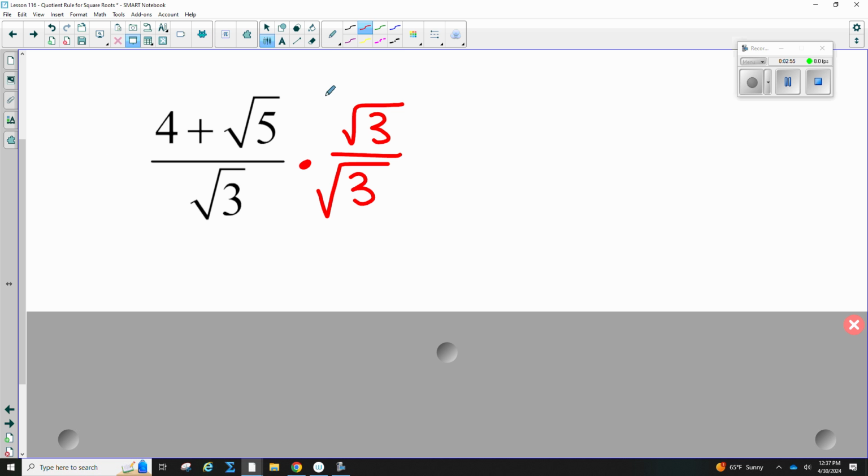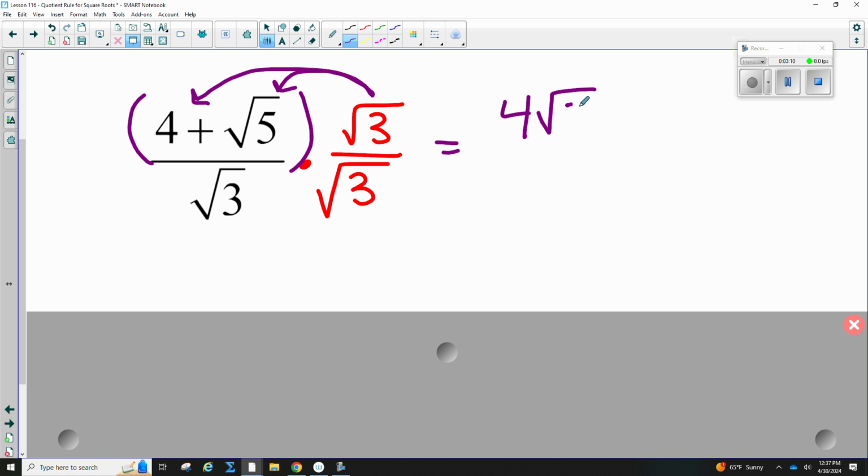So in the top now, you guys, we have to add parentheses. So when you multiply by this root 3, it needs to multiply to both terms, all right? So I have the square root of 3 times 4, which is 4 root 3, because this is an outside number and that's an inside number. And then when I multiply this to this, they are both underneath the house. So that would be the square root of 15,